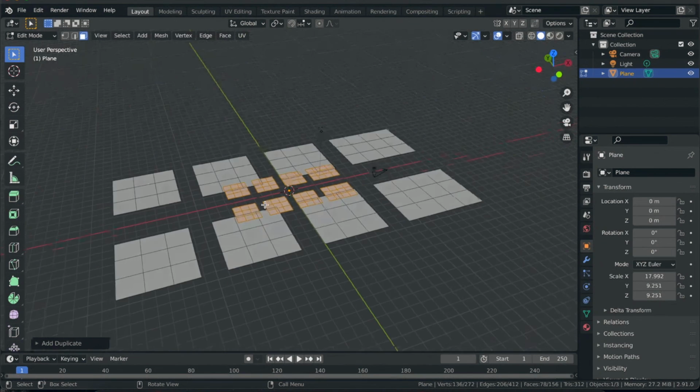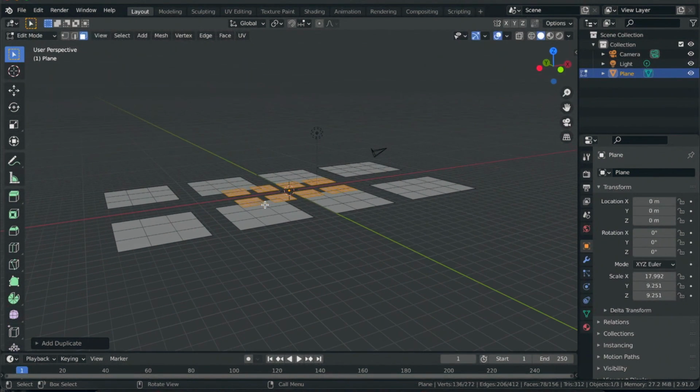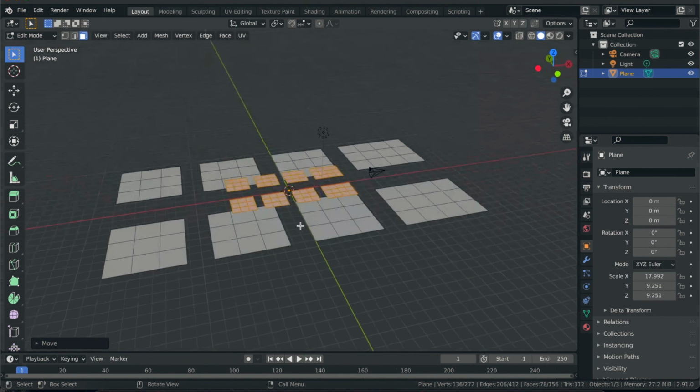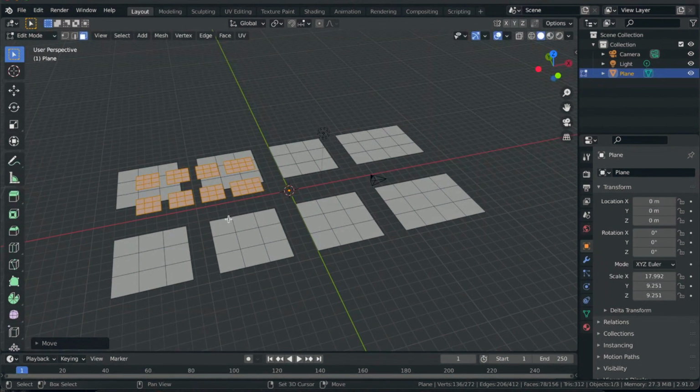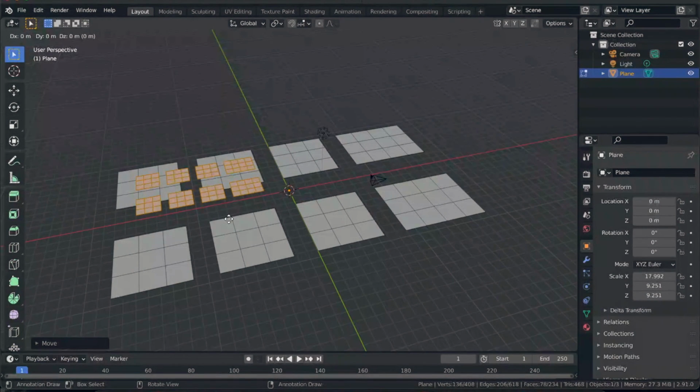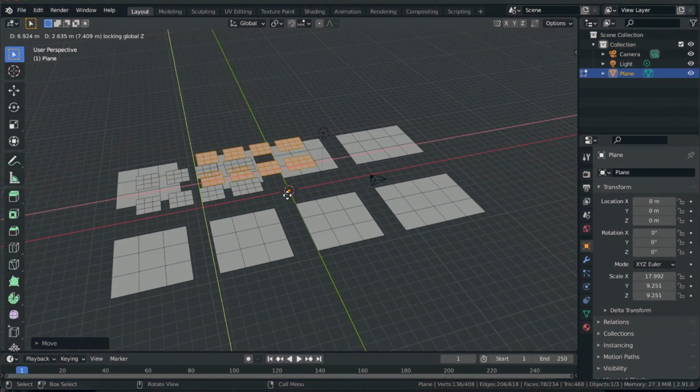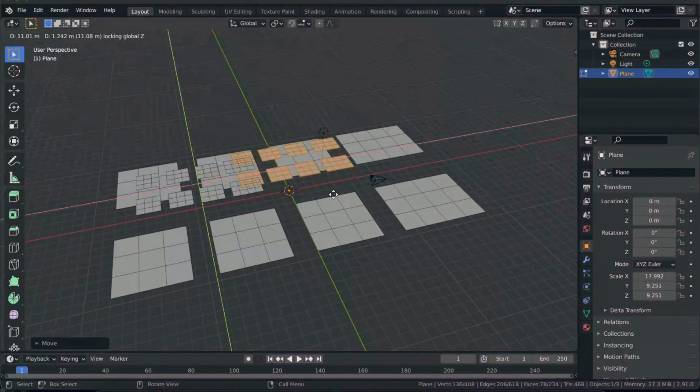Great stuff, there it is. Alright, I'm just going to move it slightly up in the x-axis. Alright, and I'm going to move this guy right over here. Shift D and Shift Z. So Shift D to duplicate those guys already, which I had selected, and Shift Z because I'm moving it around